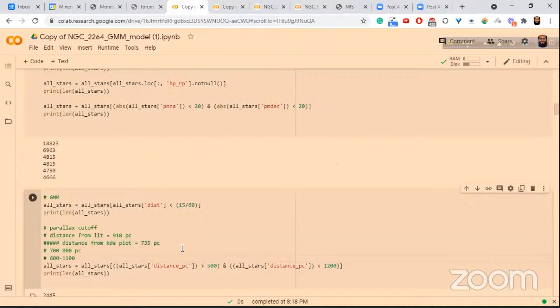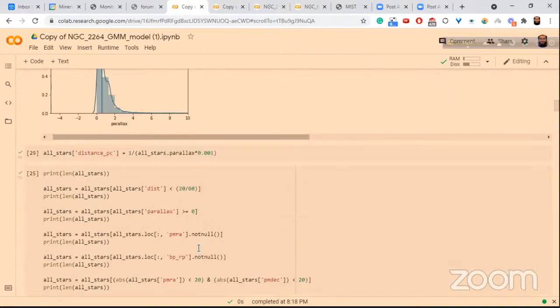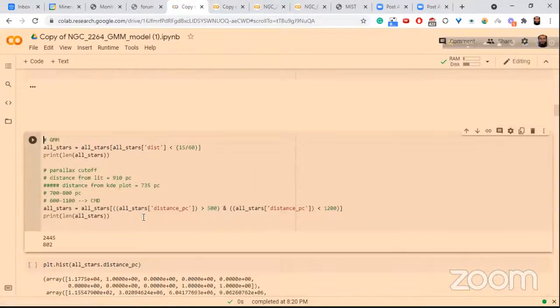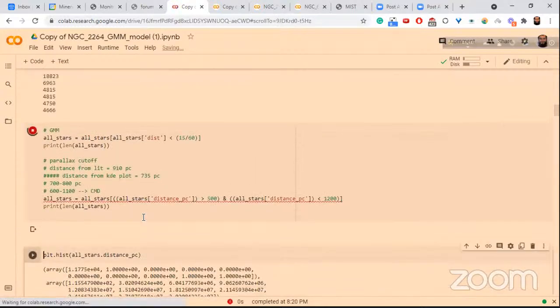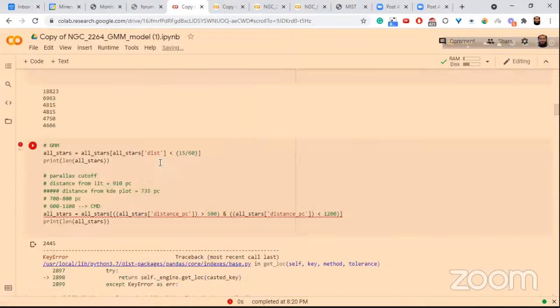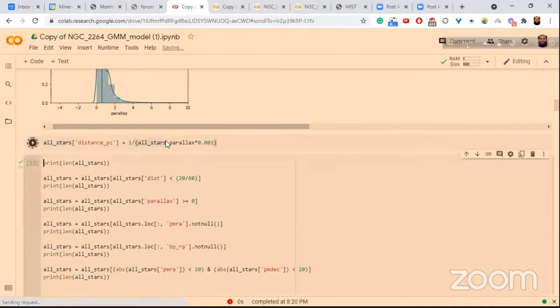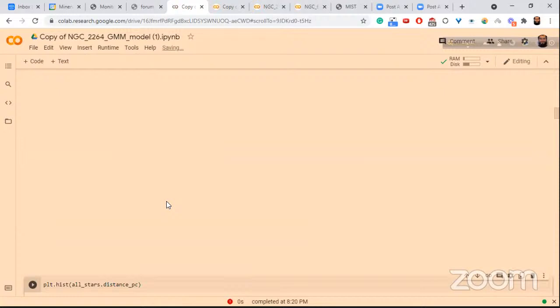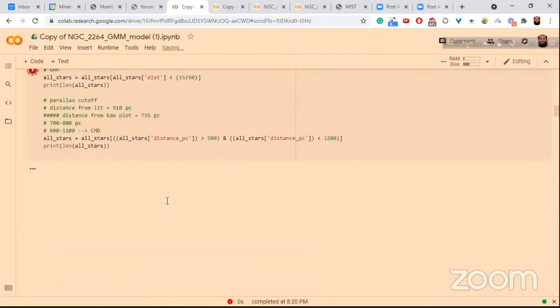But as you also said, when I took that, the CMD for both of these looks very nice. So maybe I should try to see how it works when I run it for 500 to 1200. Let me try that. I run these registers again and apply these cutoffs. I forgot to run the distance in pc again, so let me run this. Okay, now I have around